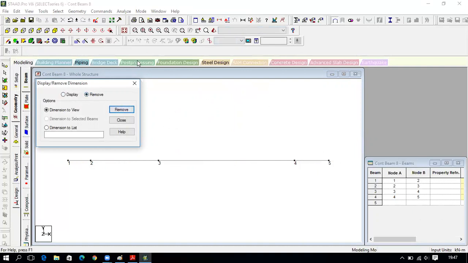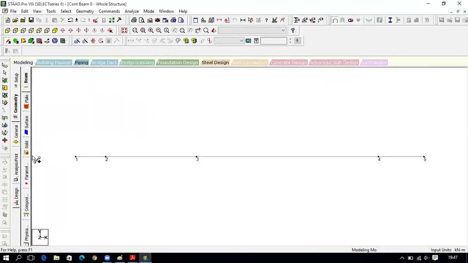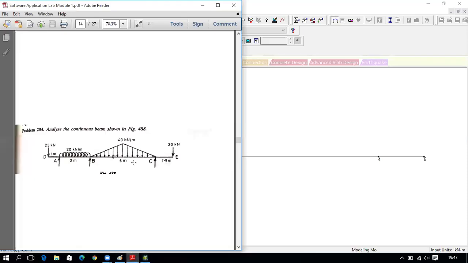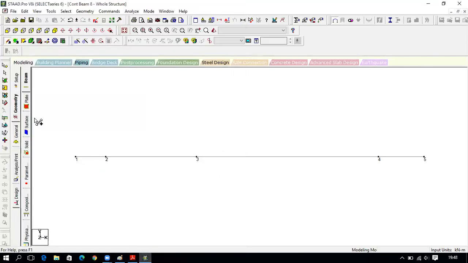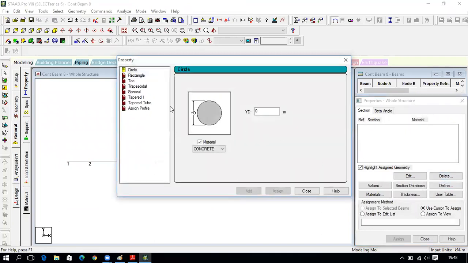I will remove this one. So next you have to assign the section, so here also he has not specified any dimension for the beam. So you assume any dimension for the beam. Click on general, create, define, next rectangle. I will assume 0.4 by 0.35.